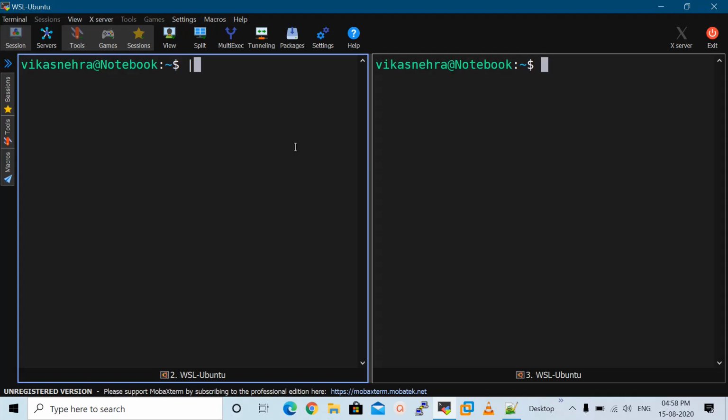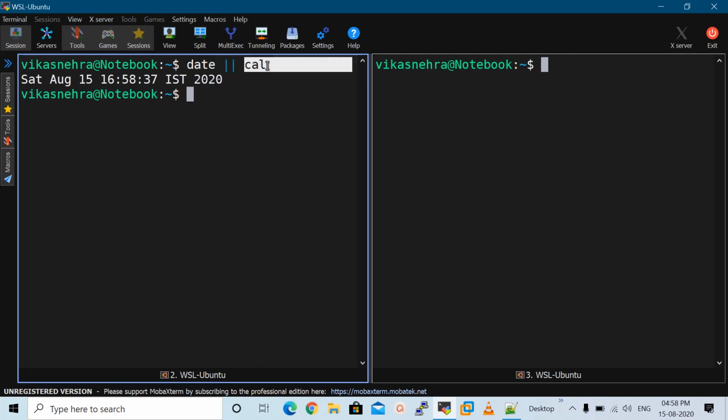In Linux we use the double pipe symbol for the logical OR operation like this. So if we separate two or more commands by this double pipe symbol for the logical OR operation, then you will find that it is showing us the output of first command only. Means what this OR operator is doing here, it is trying to execute the first command, and if the execution takes place, then it will not check for the remaining commands. But in case if the execution of the first command gets failed, in that case it will check for the execution of the second command, third command, and so on.